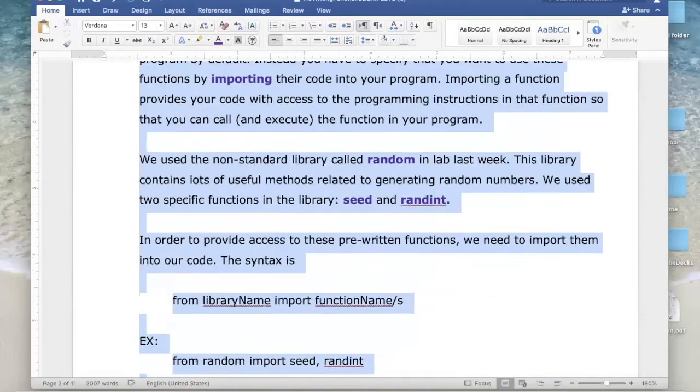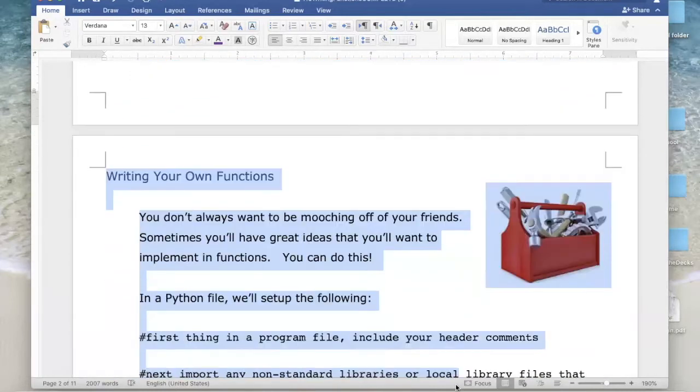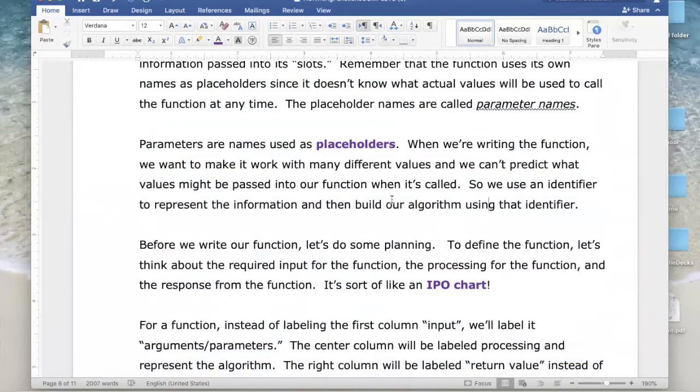We call those names that we give to the individual placeholder values parameters. So when we're writing our function, we want to make it work with different values, and we can't predict what values the user might pass into our function. So we're going to create an identifier that represents each piece of information that comes in from outside, and then we'll build our algorithm using those identifiers rather than focusing on specific values that might be passed in by the